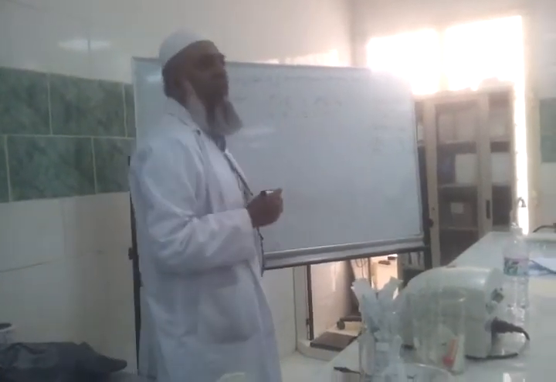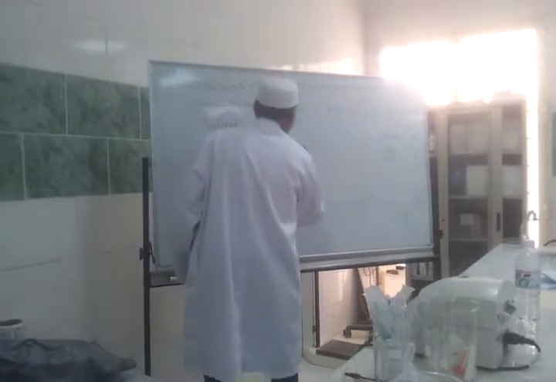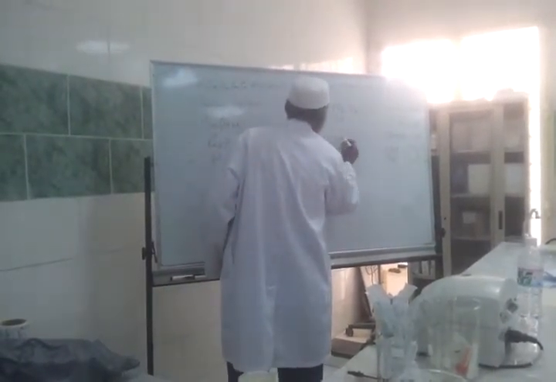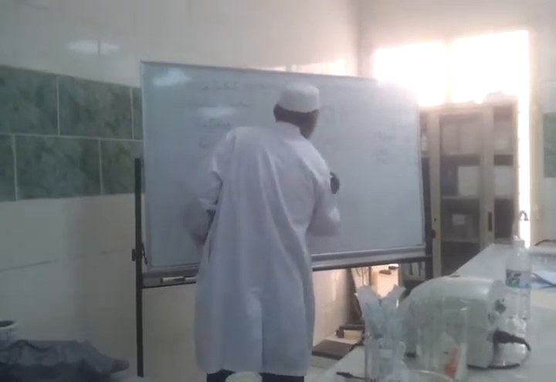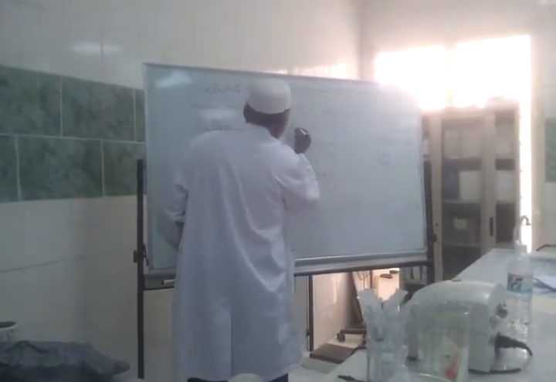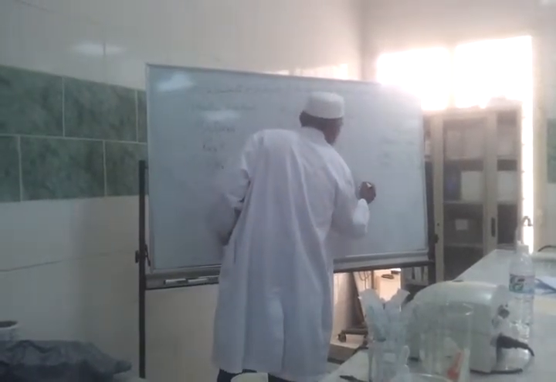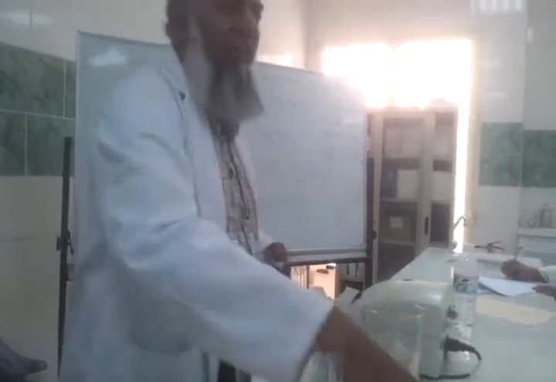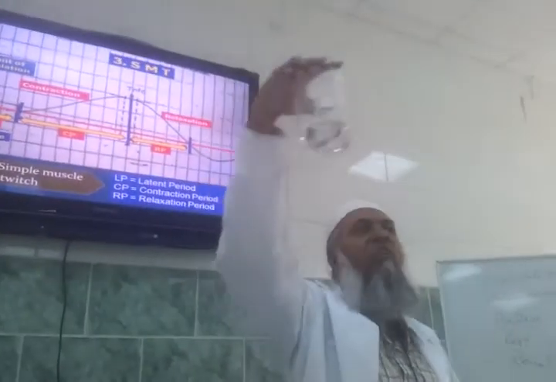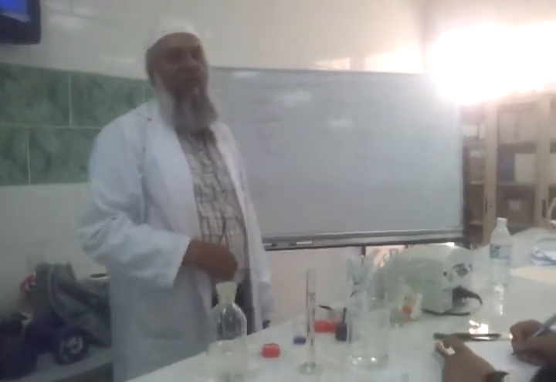So now only one thing is unknown. So change the formula. M1 is equal to M2 into V2 divided by V1. So now put the values, that is M2 3 multiplied by V2 3 divided by V1 2, that is 9 over 2. So 4.5, it is the molarity of the acid that was unknown. So this acid HCl dissolved in distilled water here has the molarity of 4.5. We calculated it by the titration method.